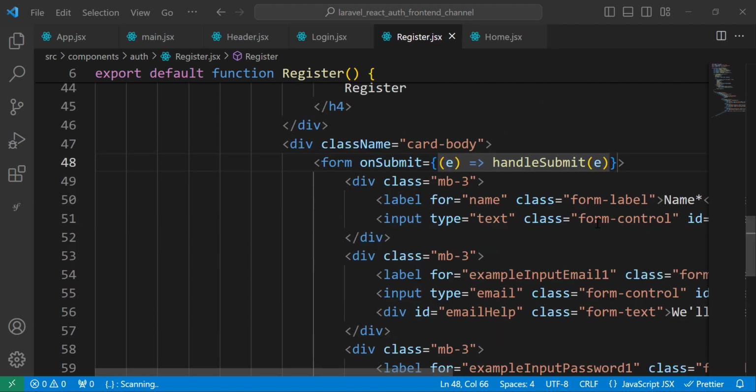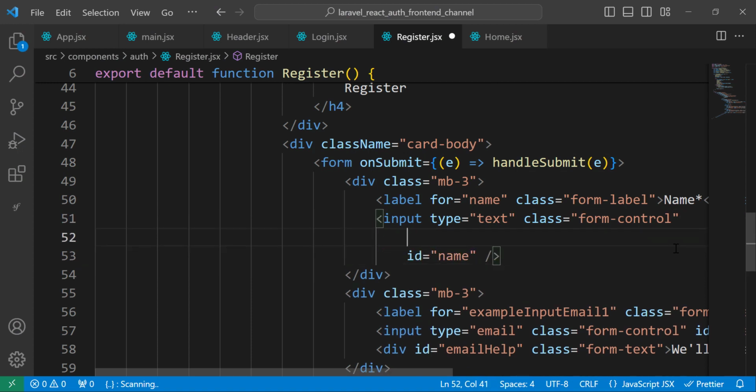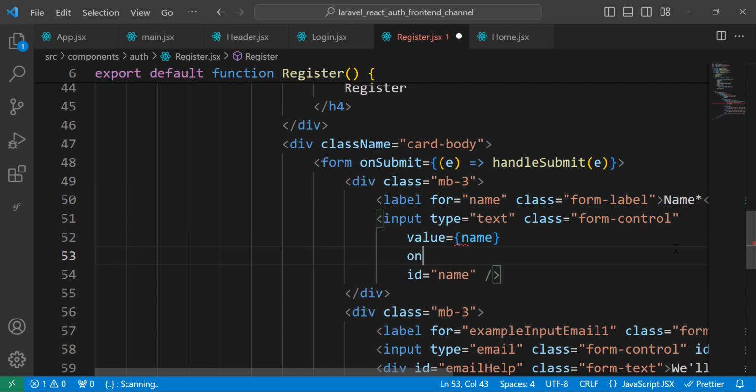And also we need here to add onChange for the inputs. So let's add the value first and then onChange. So the value will be name, and onChange we have here the event, and we set name